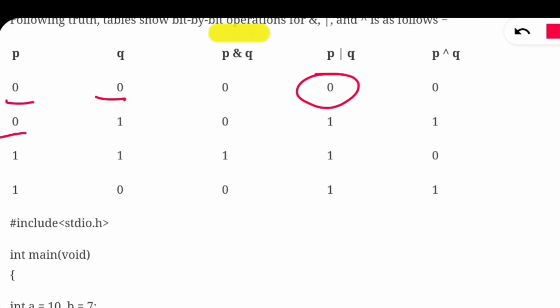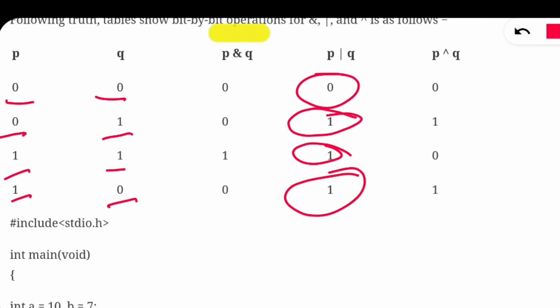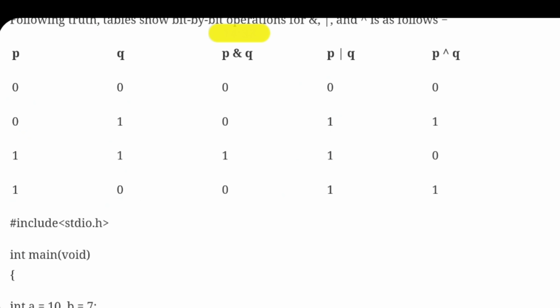Here one input is false, another is true, then it will be true. Both are true, no problem, it will be true. If one is true, another is false, then also it will be true. It's very easy to remember. AND and OR is very easy.